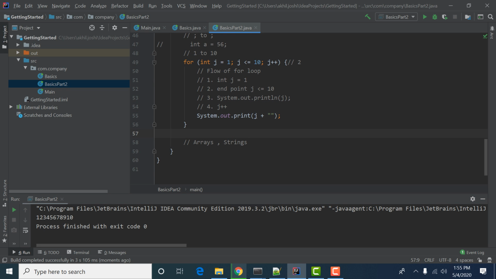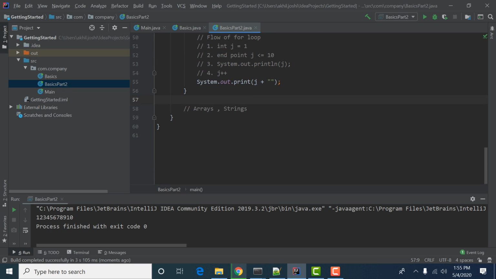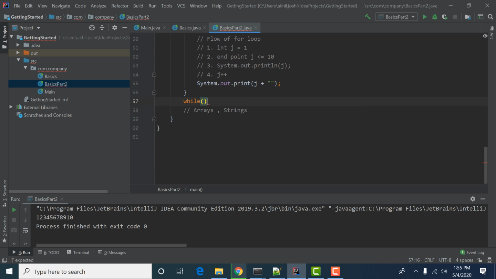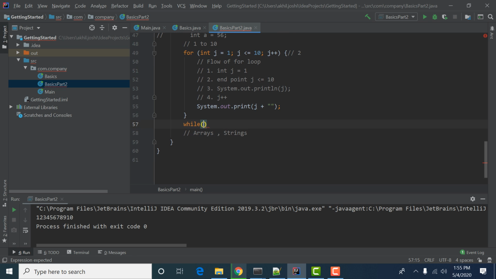so this is the for loop. So next we have while loop. While loop works the same. In this line is this condition. This condition comes in these brackets, and we have to tell first of all, in a similar way, like we have j is equal to 1.